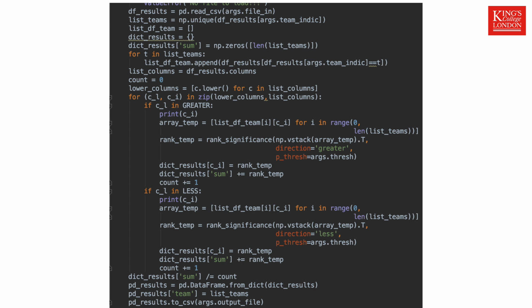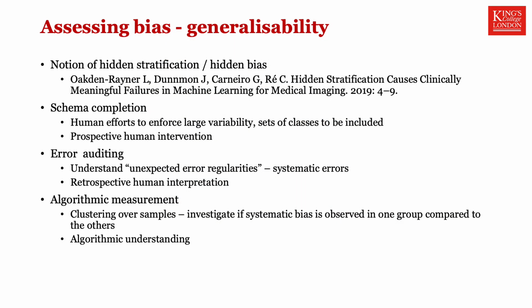And to finish, I just wanted to add some discussion about the question of bias and generalizability that you always need to be extremely aware of when you are dealing with medical imaging, and especially in deep learning. And I refer you to that paper that is extremely interesting for understanding